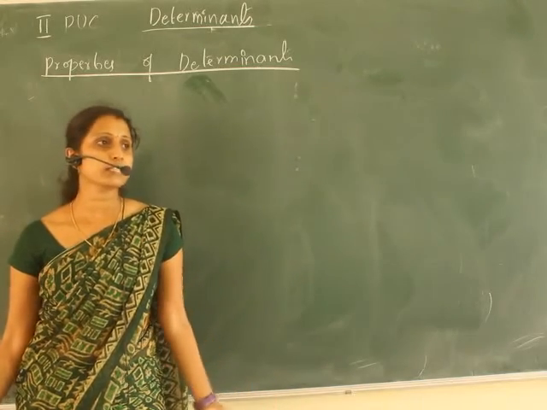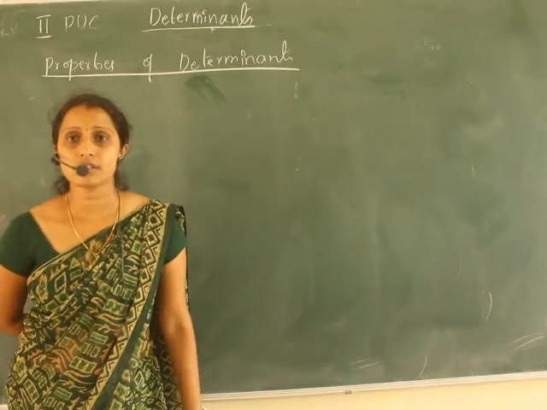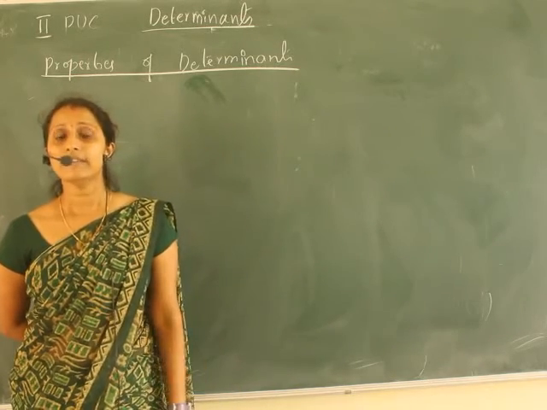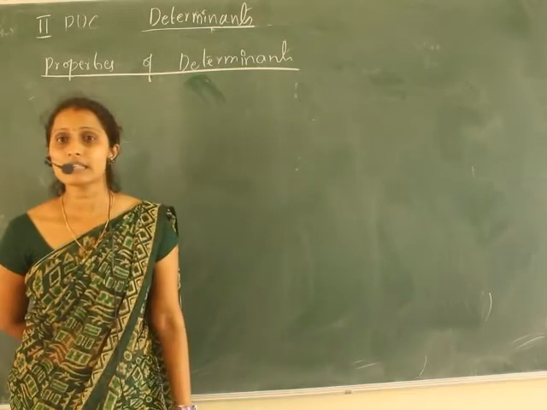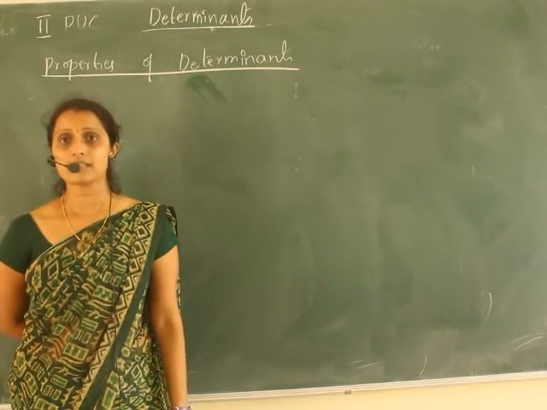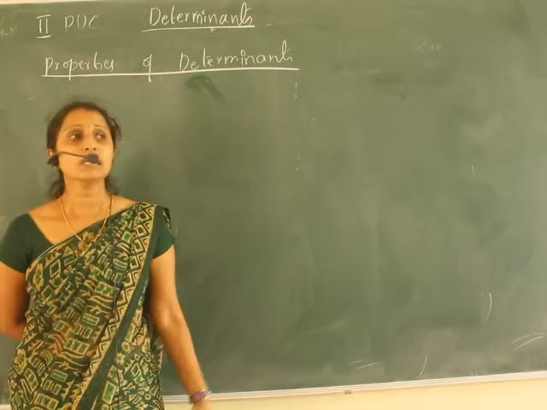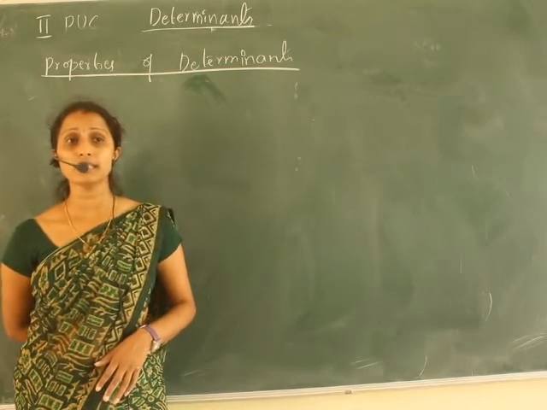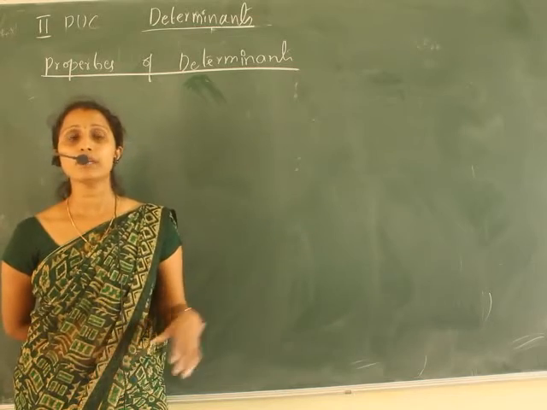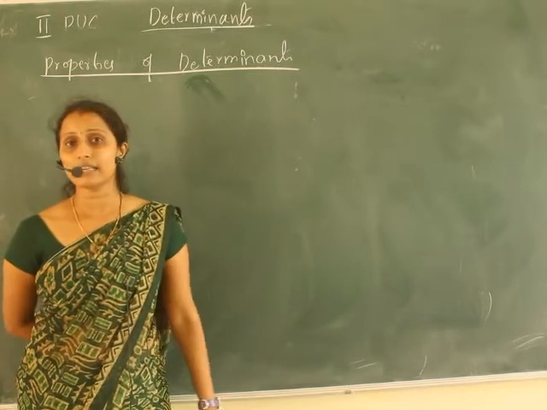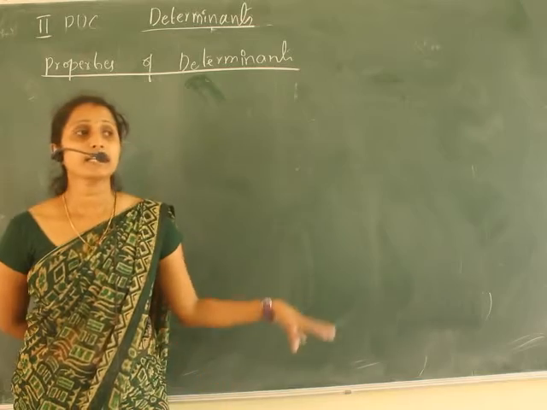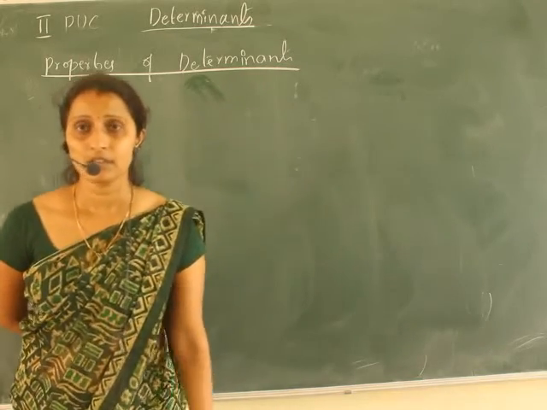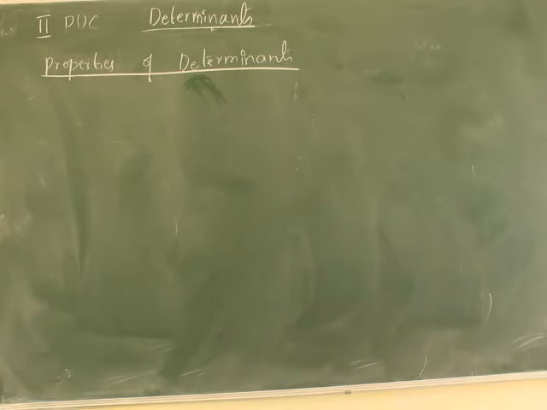Suppose it is in terms of trigonometric functions, then it is not easy to calculate. If it is numbers, directly we can calculate. If it is trigonometric functions, it is not easy to expand and get the simplest form. So for that we use the properties of a determinant. Using properties we can find the determinant. If it is 2 by 2 we can directly calculate, so we are calculating the determinant of a 3 by 3 matrix.